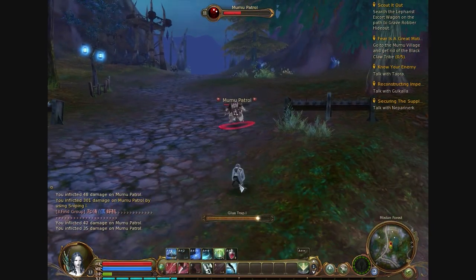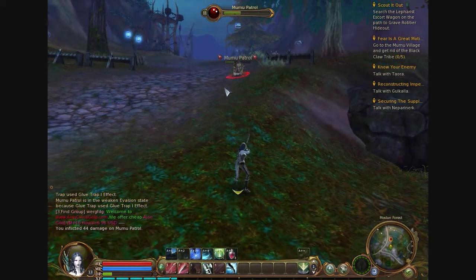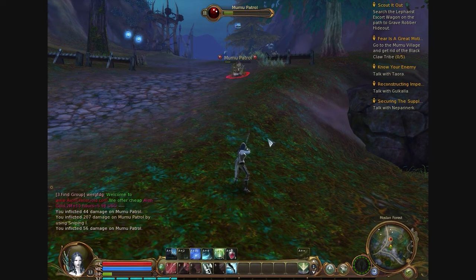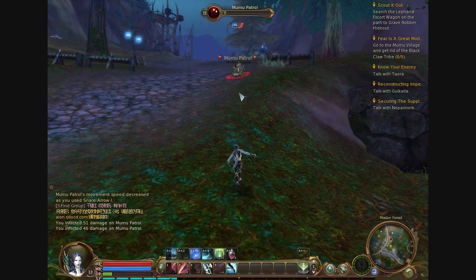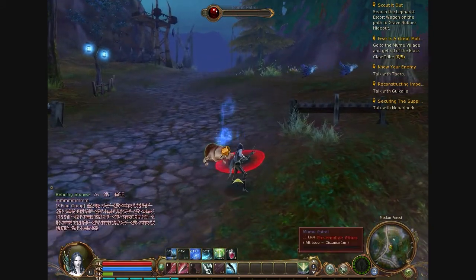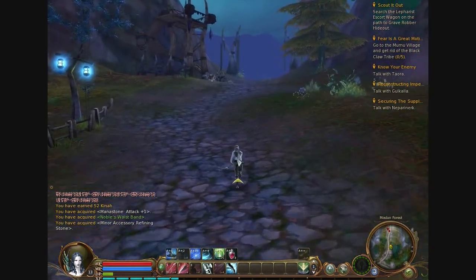You could use a trap. Boom, snared him right there, and you can continue to attack from range. And right there, he's pretty much dead. So that's how a normal range fight would go